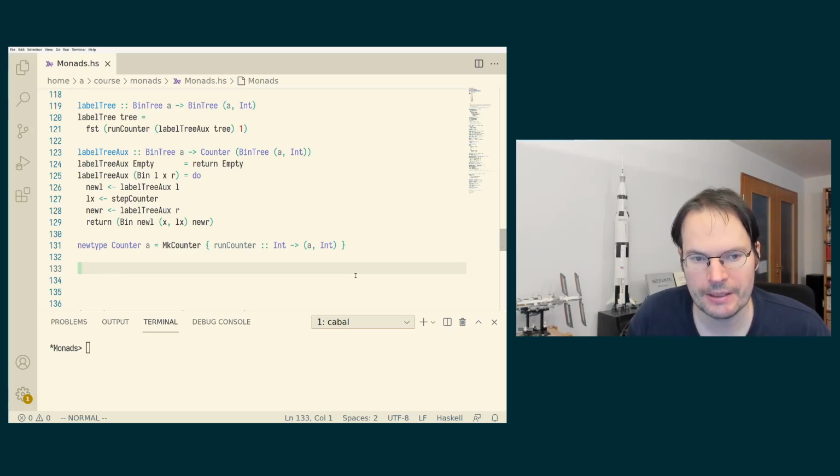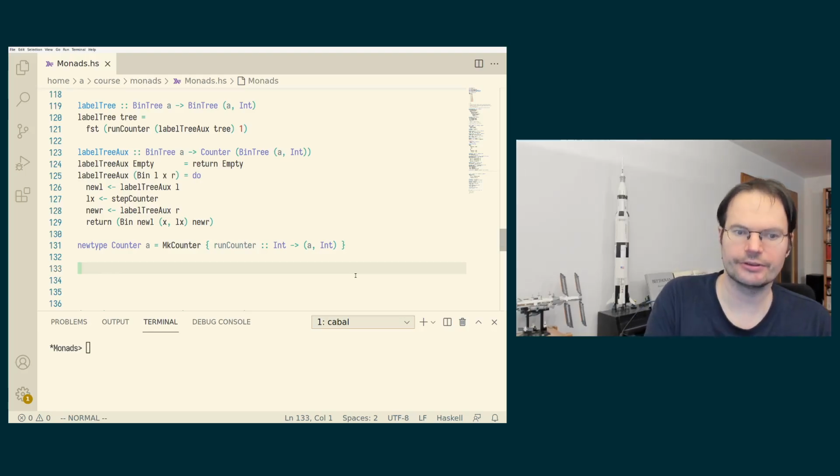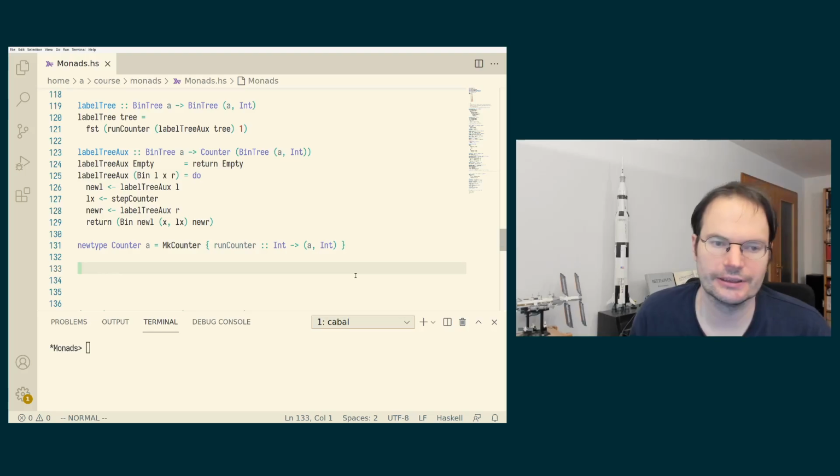common. Now, unlike Maybe, Counter is not in our libraries. Instead, Haskell has a library with something which is slightly more general, and that is called State. And I want to show how we can generalize from our counter to the State that Haskell has. The general idea at first, the first